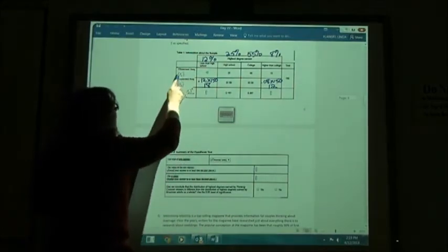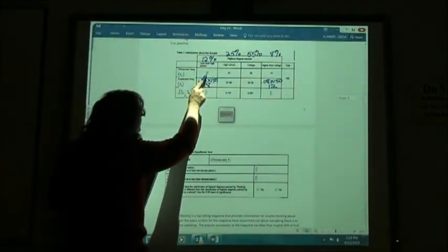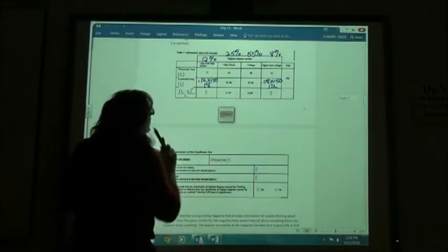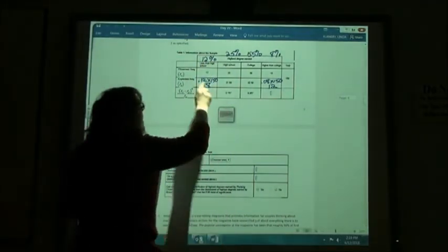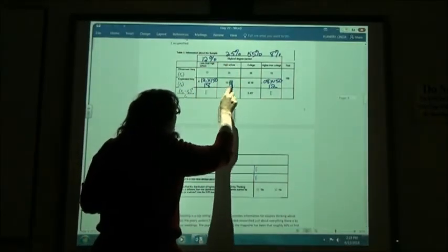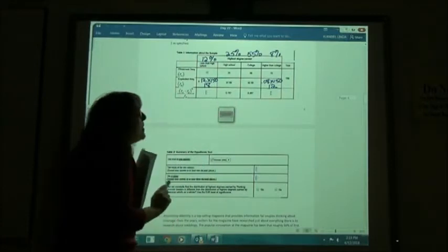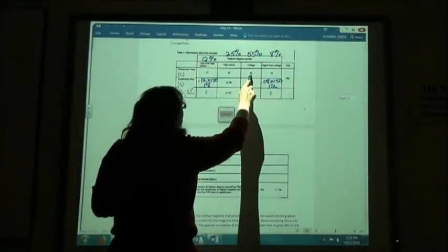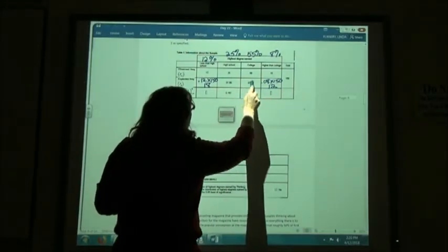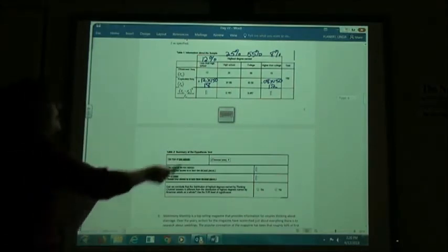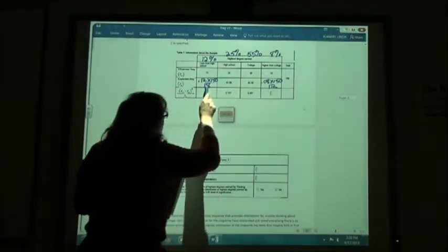So, my observed were that 12 people were in this category. My expected at 12% means I thought there were going to be 18. Here my observed was 35. Based on 25%, I would have expected 37.5 people. We obviously aren't going to have half a person, but that's my calculation. Here, 88 were observed. Based on my calculation, I would have had 82.5. Once I fill in the expected frequencies by taking my percent times my total,